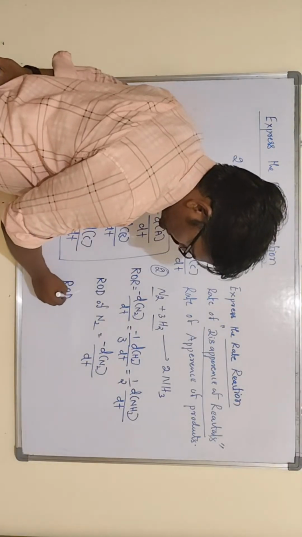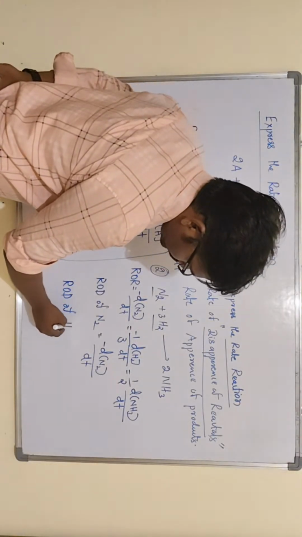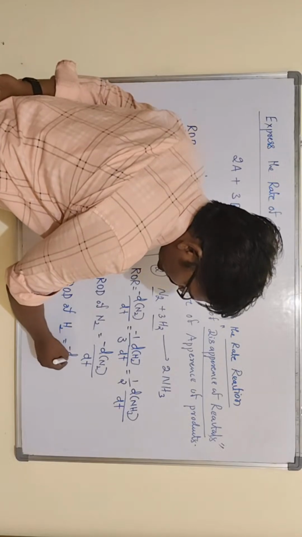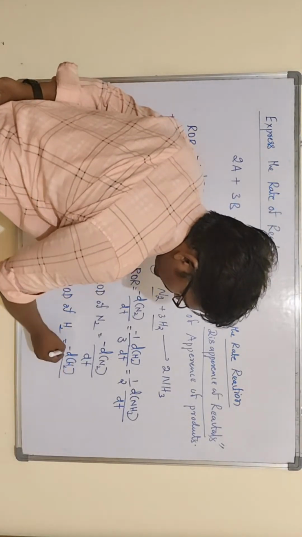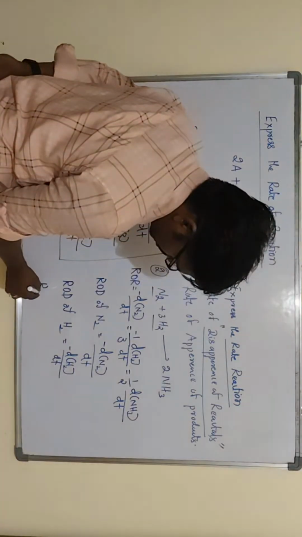The rate of disappearance of H2, if you take, is equal to minus d[H2] divided by dt. Then rate of appearance